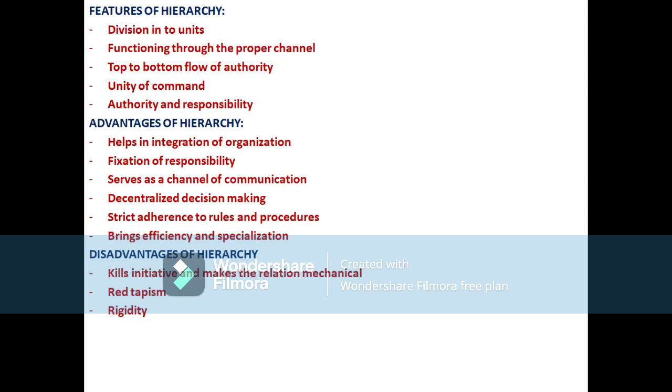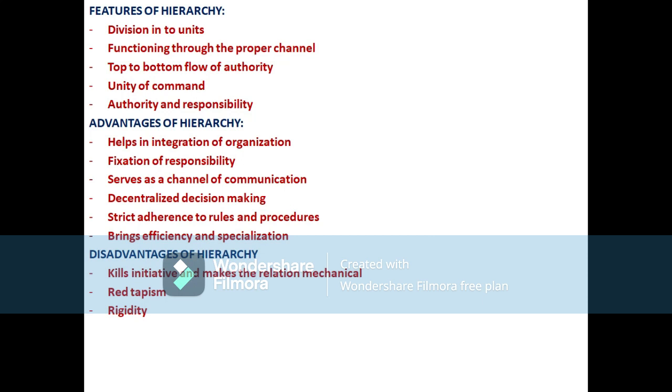And coming to authority and responsibility, authority without responsibility is dangerous, because with only authority and no responsibility, the work may or may not be finished. So there should be some accountability and responsibility towards the authority. Therefore responsibility and authority both go hand in hand. And for this we can have an example for hierarchy.